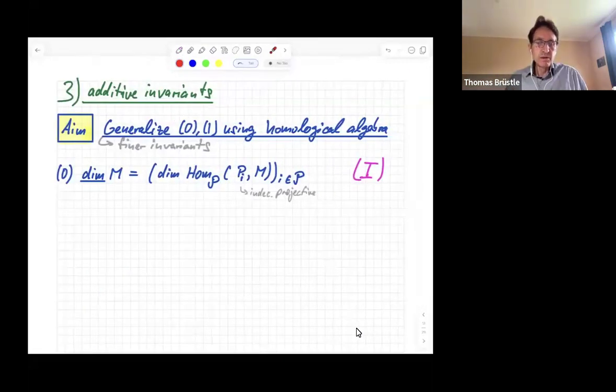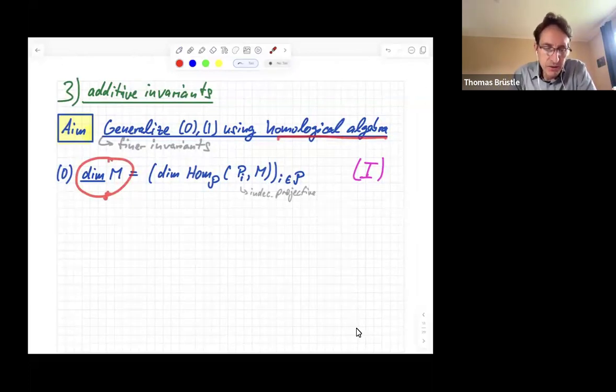What we want to do now, we have these two invariants, the dimension vector and the rank invariant, which are classically studied in persistence theory. And we want to generalize these two invariants, enlarge them, add more information to learn more about the given module. So one way to do that, I start with the dimension vector. One way to do that using homological information is, as you know, the pointwise dimension,